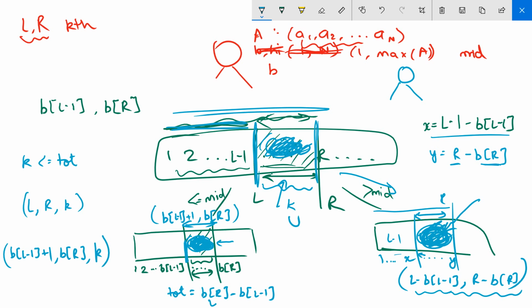So if you are going to the left, your query changes from L, R, K to B[L minus 1] plus 1, B[R], K, and you move from your current node to the left node.